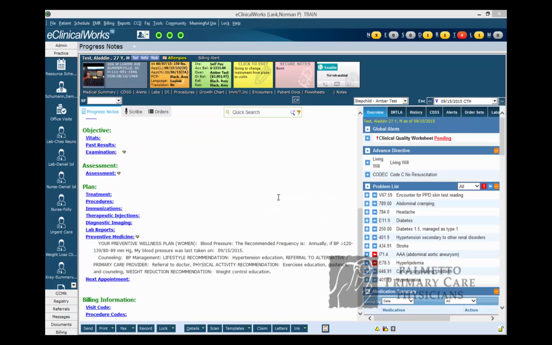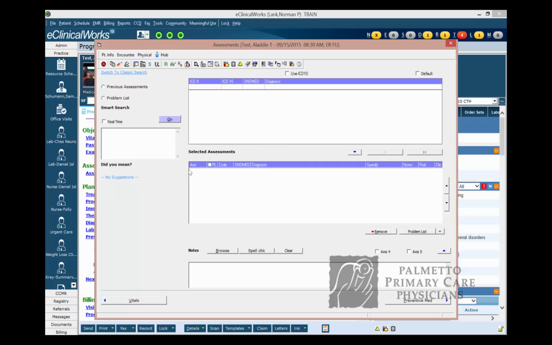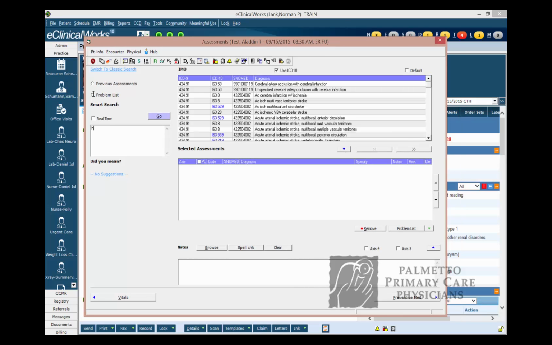Once you know which diagnosis you want to use from the patient's problem list, go to the assessment. After October 1st, ICD-10 should be automatically checked off for you so that you won't have to check it off. Click in the search box and search for the corresponding ICD-10 diagnosis. Once you search for your diagnosis using the description of the diagnosis,